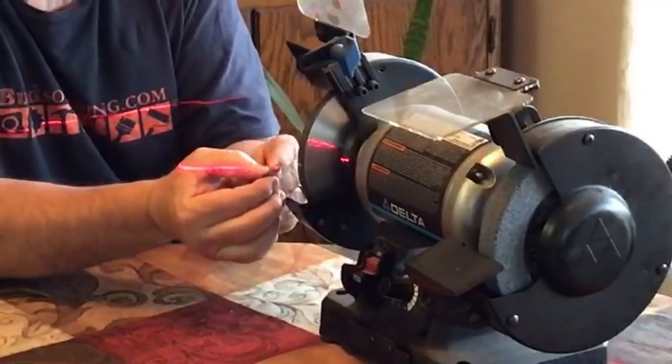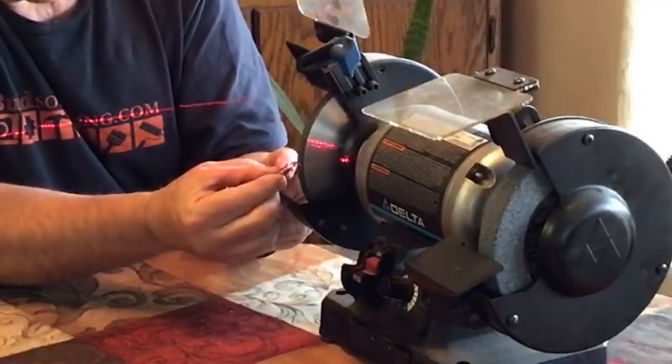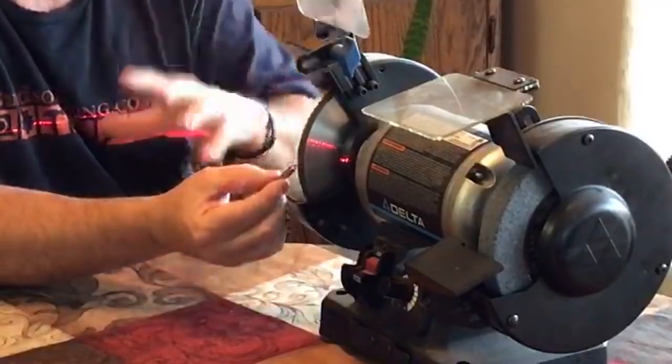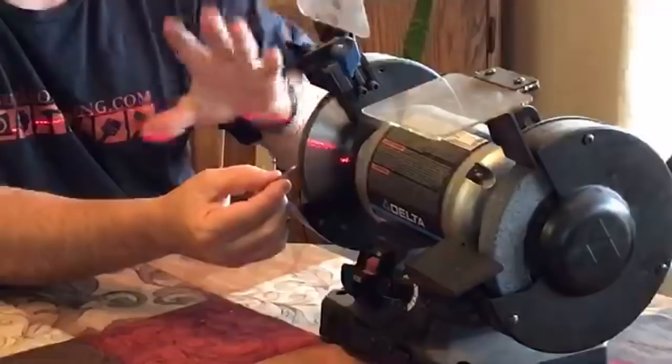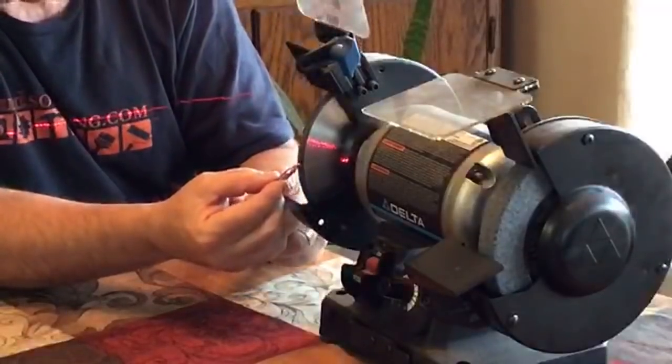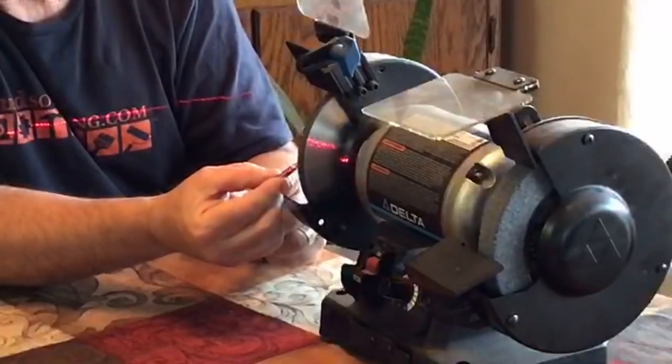And what I mean by that is when they try and sharpen that edge, and by the way, we're going to do another video on this where we can really zoom in. But when they're grinding the bit, what happens is they tend to...